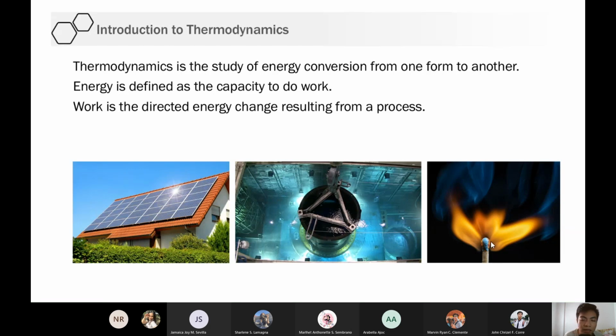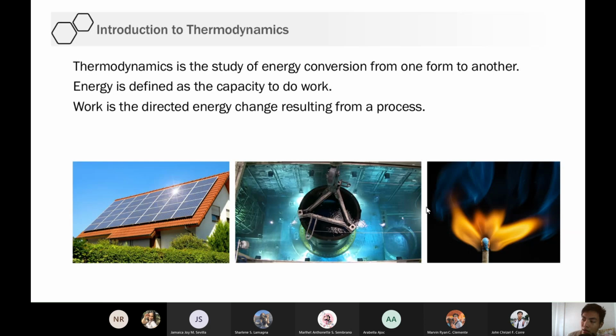Ito naman, this is a matchstick, posporo in Tagalog. Bakit siya posporo? Kasi meron niyang phosphorus. Okay? So yan, may phosphorus dyan. So, the phosphorus in here, when you strike it against a surface na mainit, pag in-strike mo yung matchstick sa surface, umiinit yon. So, yung init na 'yon, that is enough to complete this reaction. So, once may enough energy to kickstart the reaction, tuloy-tuloy na, masusunog na yung posporo. Okay? So, ayun yung nangyayari dyan. So, this is from chemical energy to heat and actually light, no?